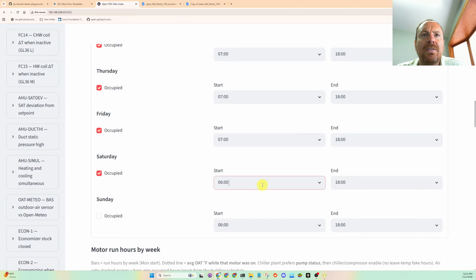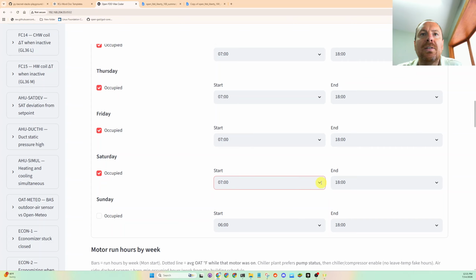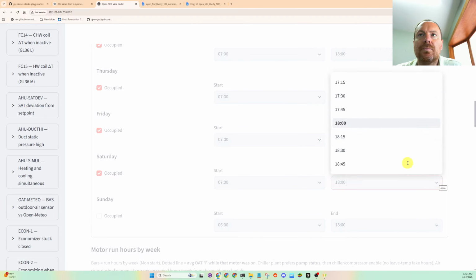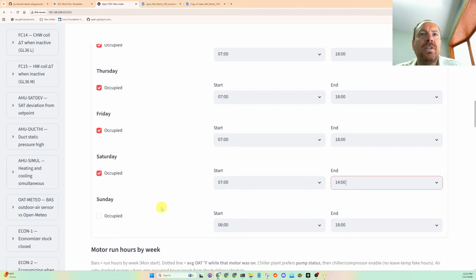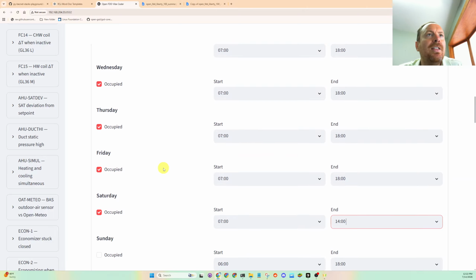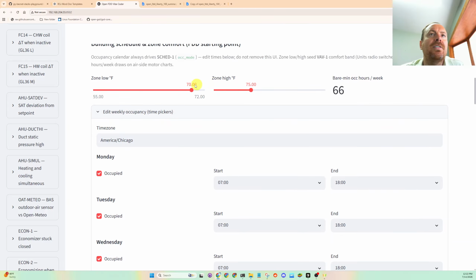So I just have to get back to this. Open on Saturdays at 7 a.m. And then the building closes at 2 o'clock in the afternoon and then closed on Saturdays. I think I might have to make some kind of a feature where you set the schedule once and then it locks it in. And then degrees Fahrenheit, this is the range